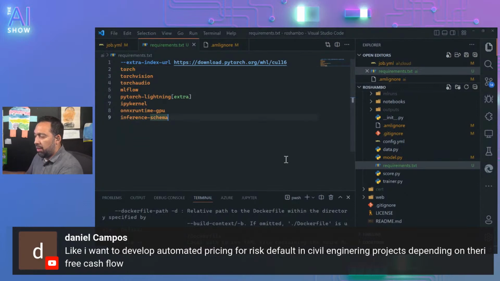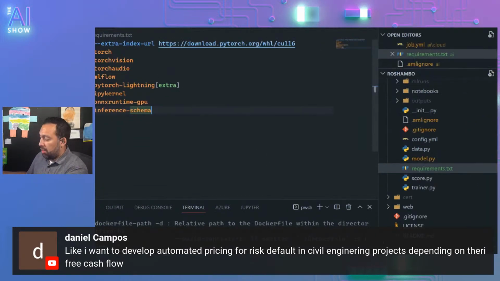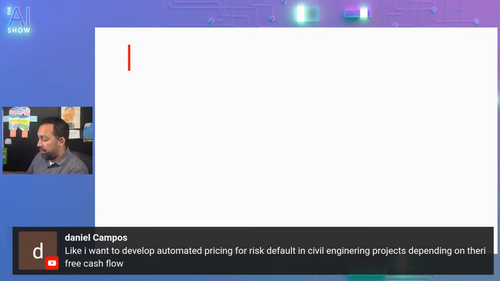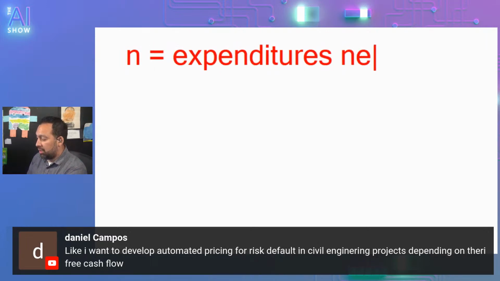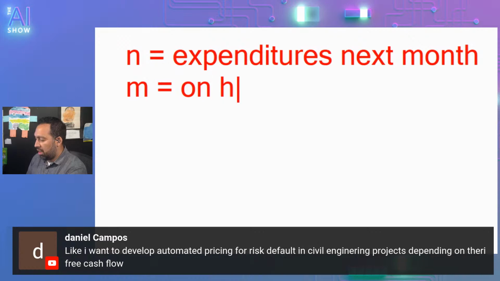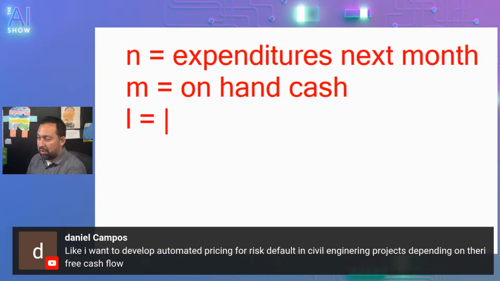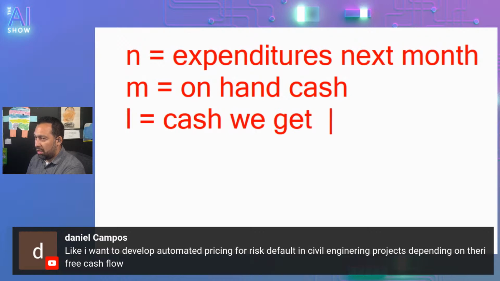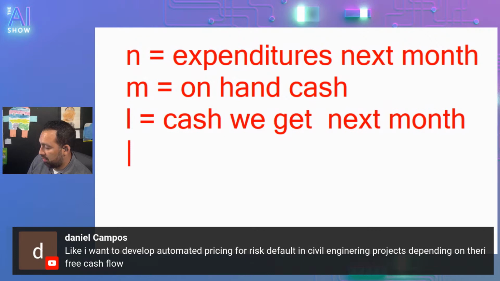Here, I'll show you how I would do it. N equals expenditures next month. M equals on-hand cash. L equals cash we get next month. Here's your machine learning model.